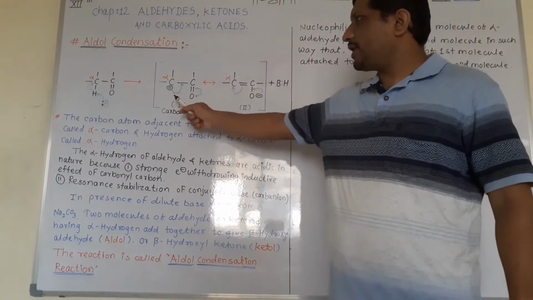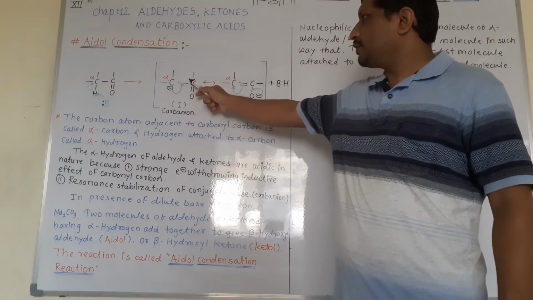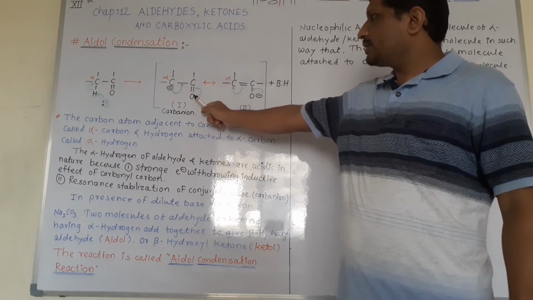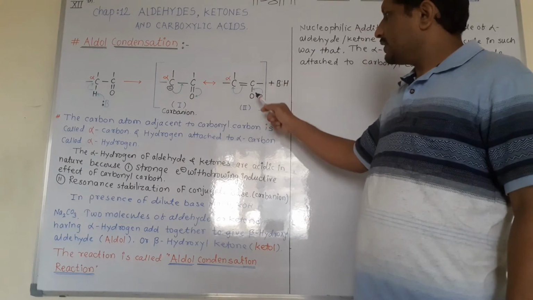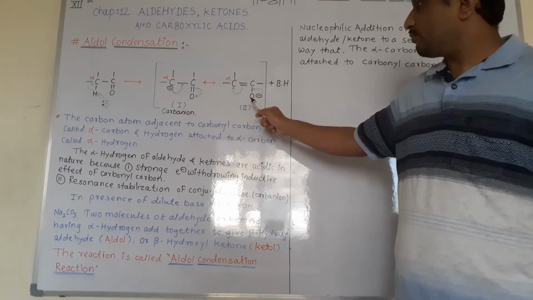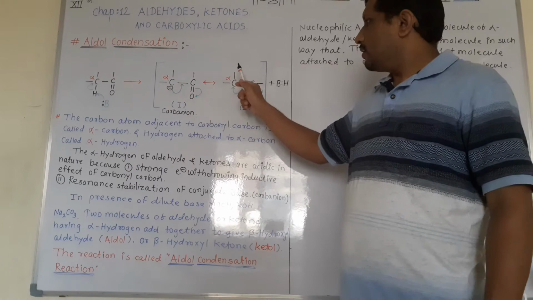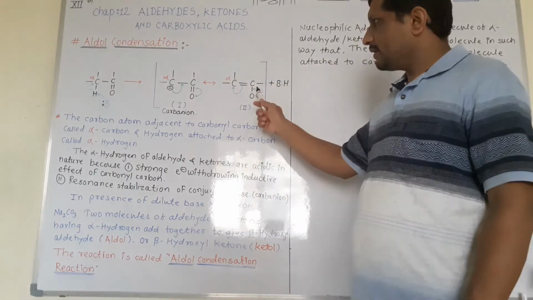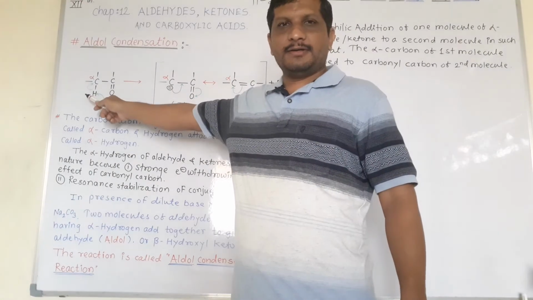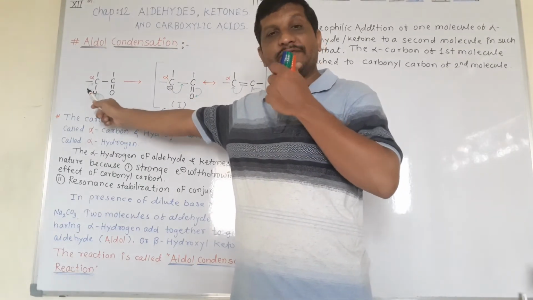This is the resonance effect: the negative charge, or nucleophile, on the alpha carbon shifts to form a carbon-carbon double bond, and the carbonyl carbon-oxygen double bond shifts to oxygen, placing the negative charge on oxygen. Then it returns, and that's why this resonance stabilization makes the alpha hydrogen more acidic.